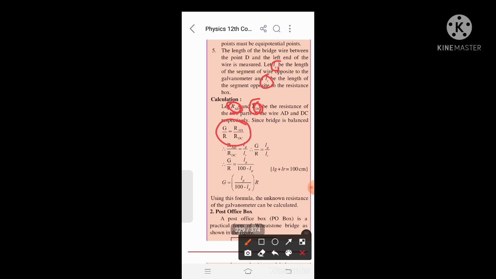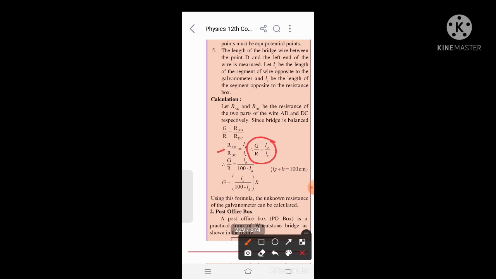But RAD is considered as sigma Lg and RDC is considered as sigma Lr, where sigma is the resistance per unit length of the wire, which has the same value because the wire used in this instrument has uniform cross-sectional area. Therefore, RAD upon RDC is equal to Lg upon Lr. Therefore, the above equation becomes G upon R is equal to Lg upon Lr,